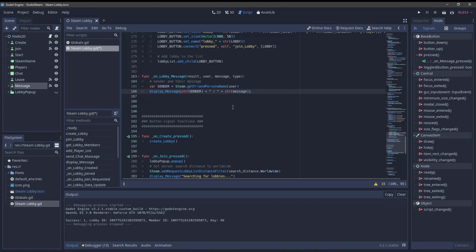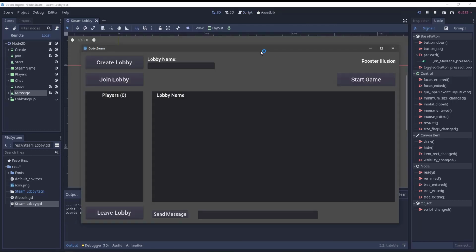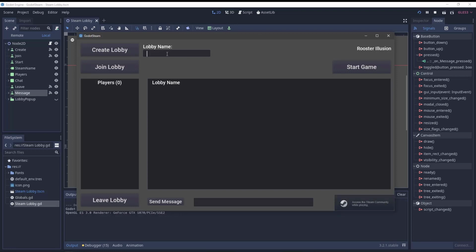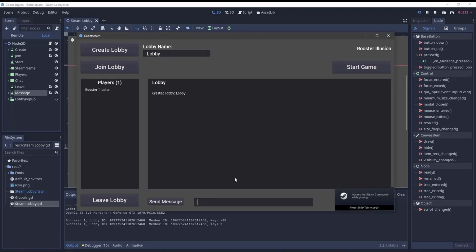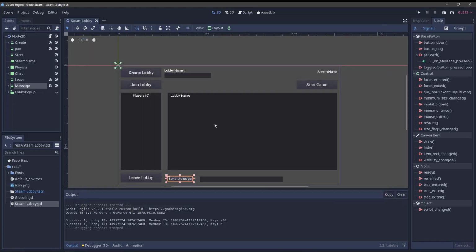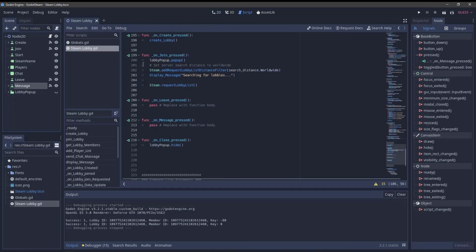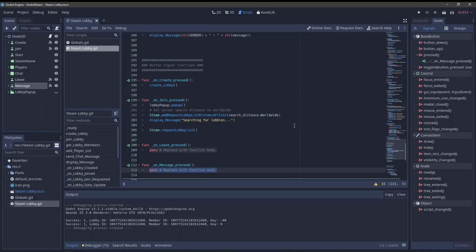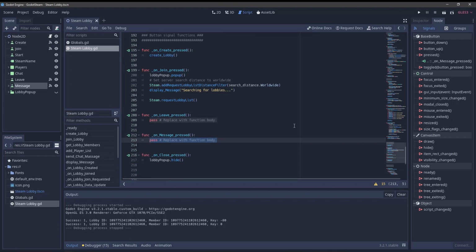So with this in place, if we give it a test, we should find that if we just create a lobby, we should then be able to send a test message. Of course. The thing that we have forgotten to do is actually have our button do something. So what we are going to do is,